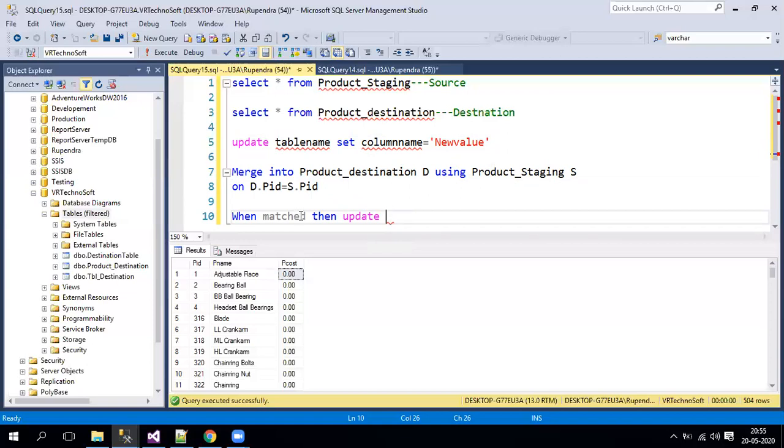Yeah. So when matched, I need to update which column? The client said that the product cost might be changed. So definitely we need to go and update this column. I'll take this product cost column in the destination, which means D, right? Product cost column from the staging table, because in the source file itself he will go and change it. So s dot product cost. Using the source column, we'll go and update the destination column in the matched case.